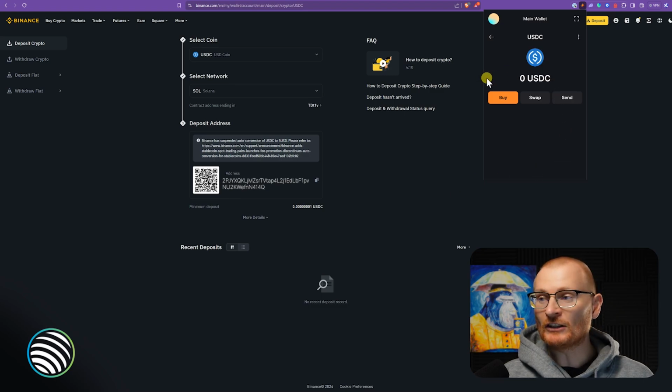And even though it's actually left our wallet within a couple of seconds, it can take a few minutes or occasionally a couple of hours to actually be received in Binance and credited to your account. The blockchain registers the move almost instantly, but a centralized platform can take a little bit of time for it to reflect on their books.